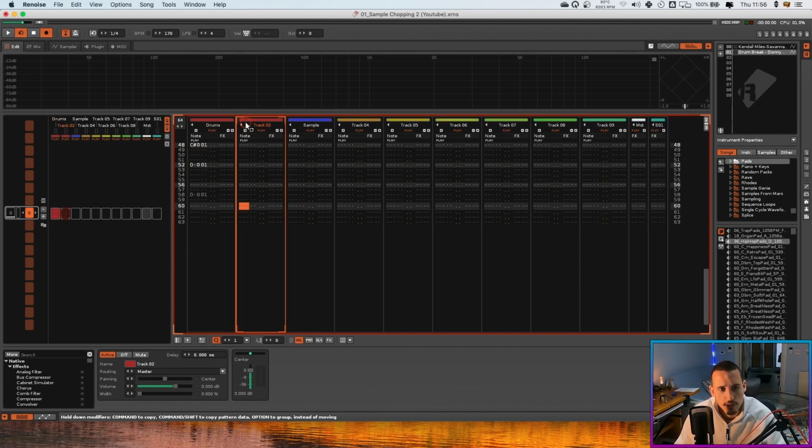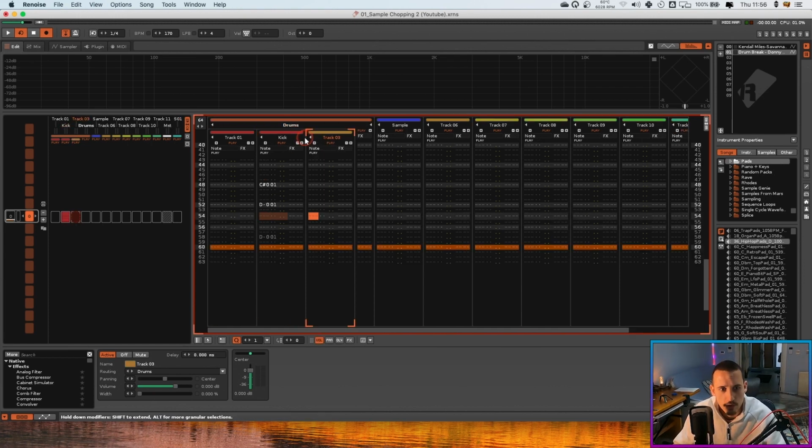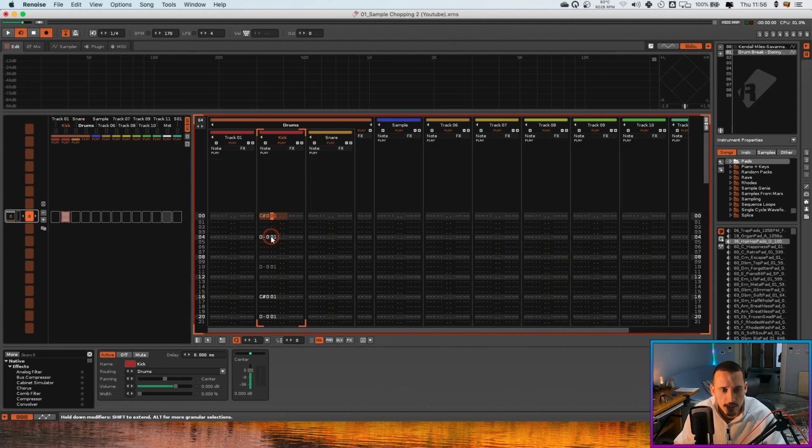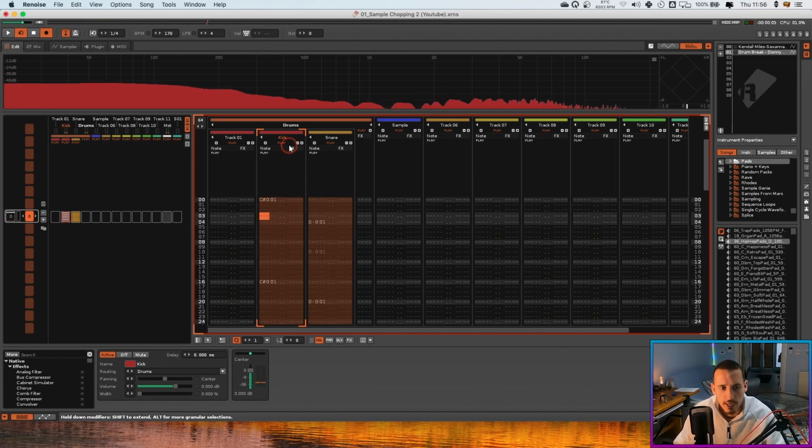So one thing I'm going to do right from the start is alt drag this new track into drums, and I'm going to call this drums, and make this kick and snare. I might make this kick, and then make a new one and call it snare, and then just separate these two out. I go here, select across, page down, copy and paste. So now I've got kick on its own channel,